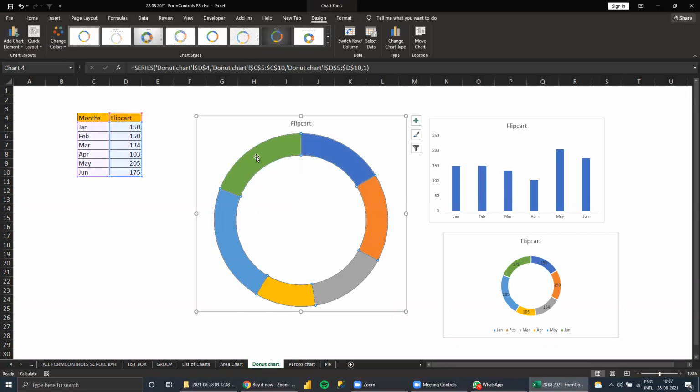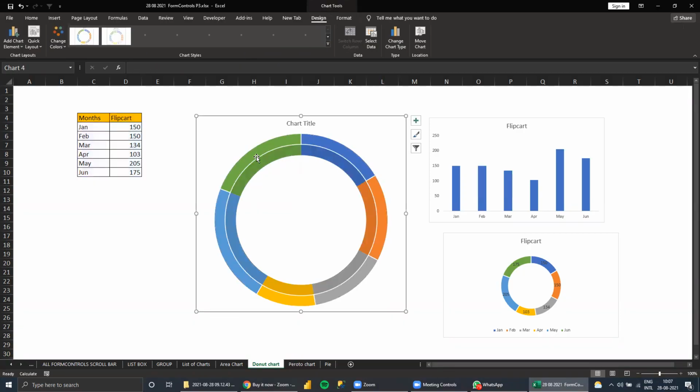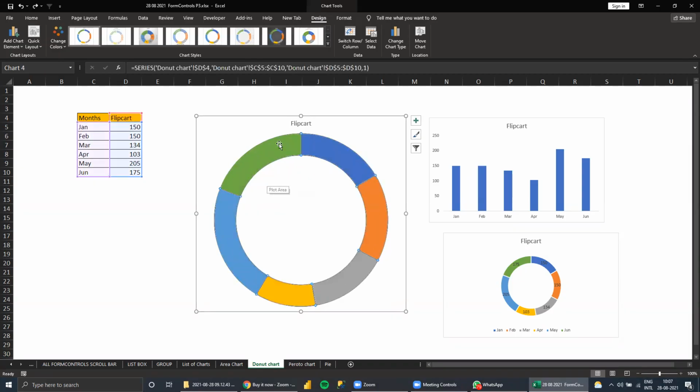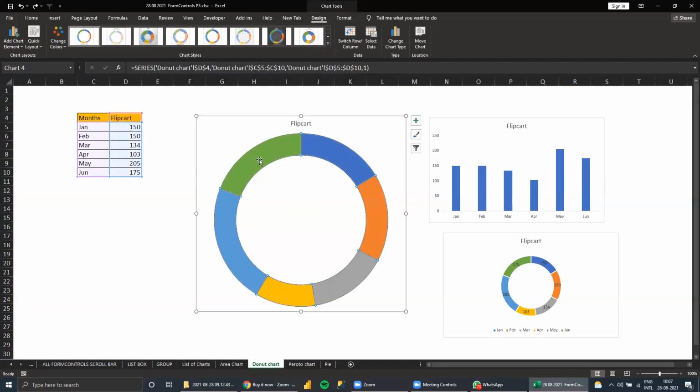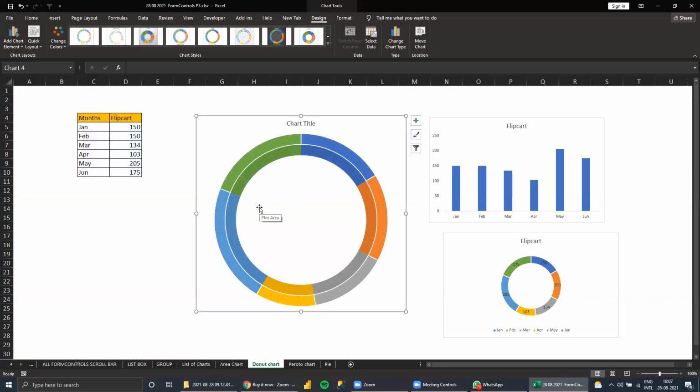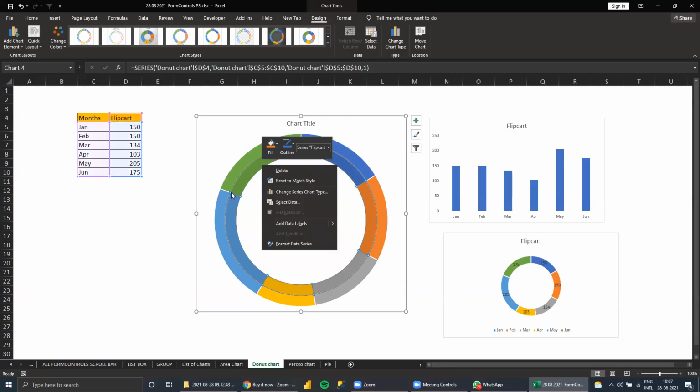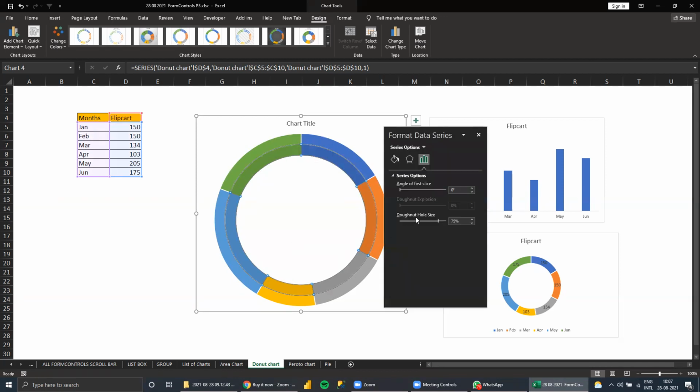Copy, paste again. See here, two donut charts are there. I'll repeat again. I create the donut chart, click this and copy, Control C, Control V, and it will come like this. Now I see small circles that are very thin, right? So what can I do here?